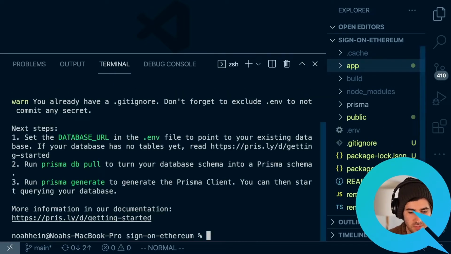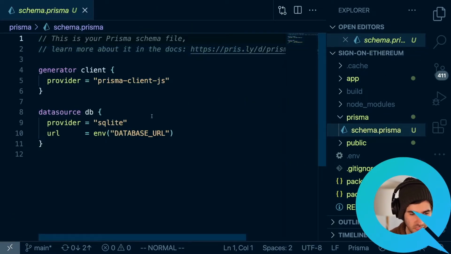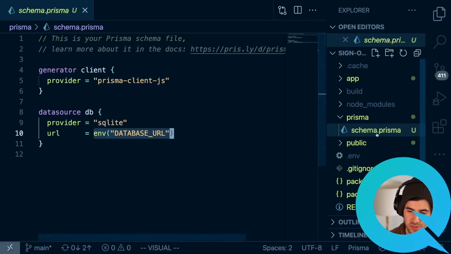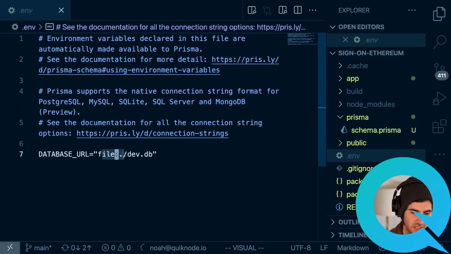If you just do npx prisma init, I think the default option is Postgres. You can see what this does is it creates a schema.prisma file. You can see that it used SQLite, and it's going to use the environment variable of DATABASE_URL. It also created this .env file, and you can see that it will create a file of dev.db.